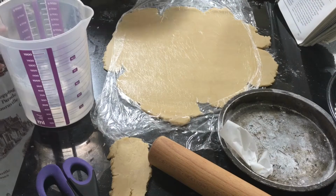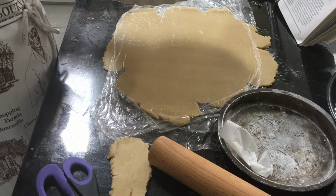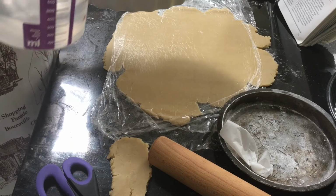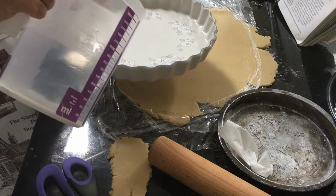Okay, so a neat trick when you're trying to work out how much liquid you need is to pour in approximately what you think this dish will contain. So you only want to fill up to about half full, and that will give you a good indicator of how much you will need. So I've got 400 ml in here,